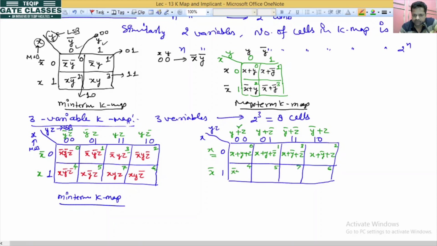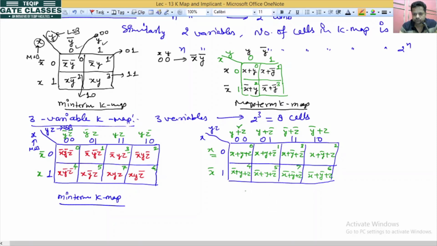For this we will have x bar plus y plus z. This is x bar plus y plus z bar. This is x bar plus y bar plus z bar. This one will be x bar plus y bar plus z. Okay na? Similarly we can